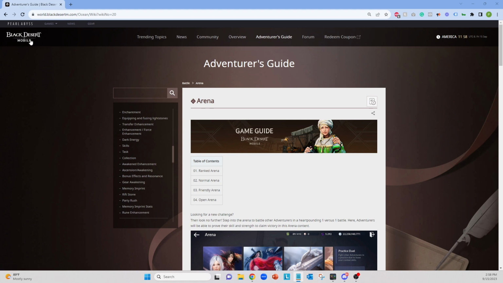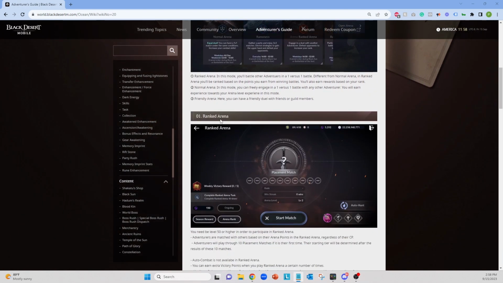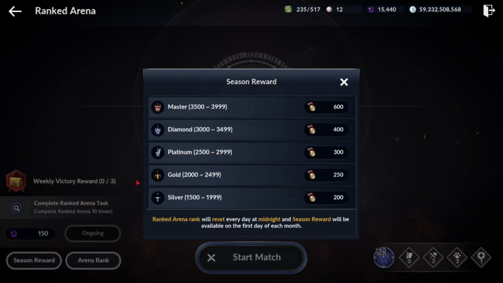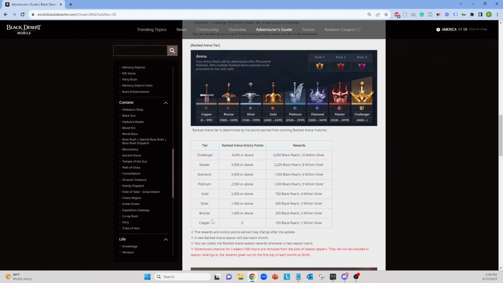This is on the Black Desert Mobile website. This is pretty much everything that you'll need to know about the arena, but what I'm specifically looking at again is Ranked Arena. It doesn't show you all of the rewards here, but it will show you on this page. So I'm gonna show you that right now. Once you've completed those 10 placement matches, you'll get 150 Black Pearls, but then based on your actual ranking at the end of the season, which will end on the last day of the month, you'll get more